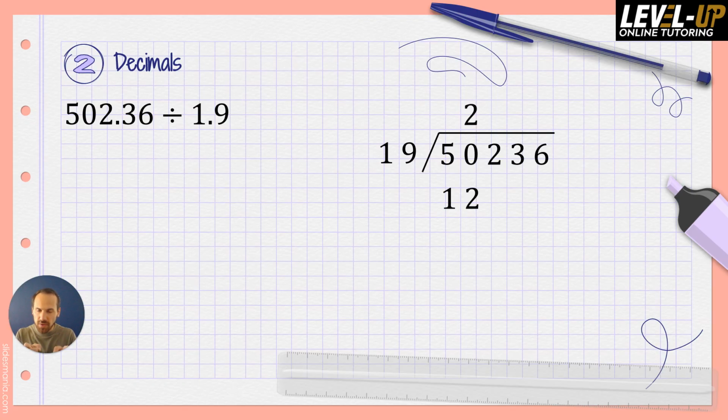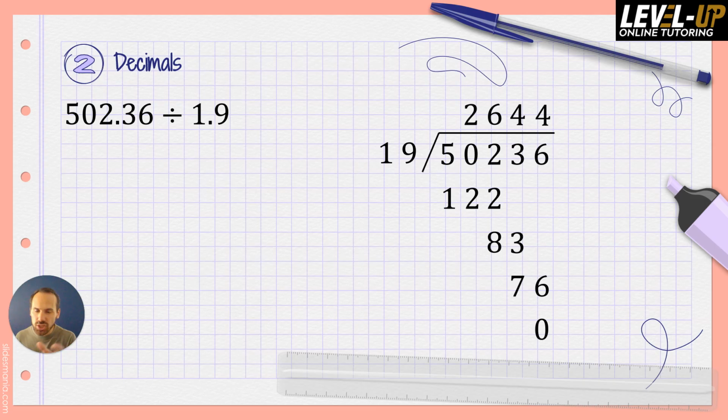Like we're seeing that 5 zeros are 50. So if we have a remainder of 12, the 1 and the 2 need to go below the 5 and 0, respectively. And so now we drop down the next 2 because we can't divide 12 by 19. Do 122 divided by 19 gets 6 with a remainder of 8. Drop down the 3, do the division again, we get 4 and a remainder of 7. Bring down the 6, we get 4 again with a remainder of 0. So that division is correct there, and you do get an answer of 2,644,